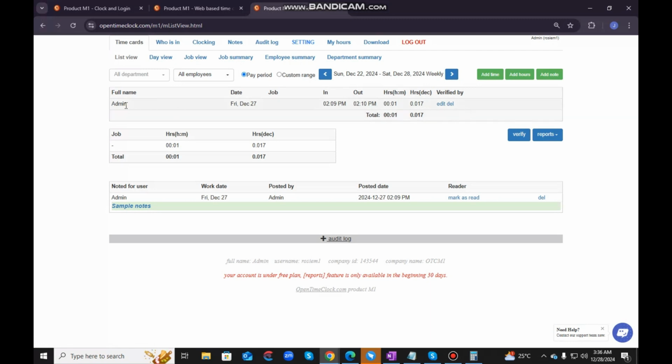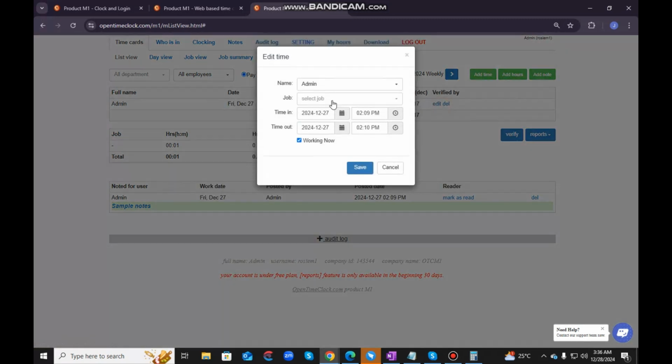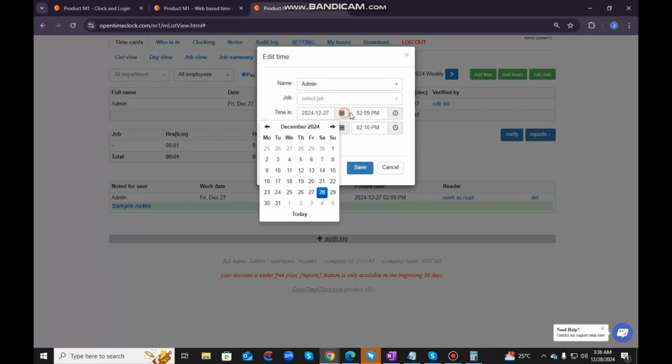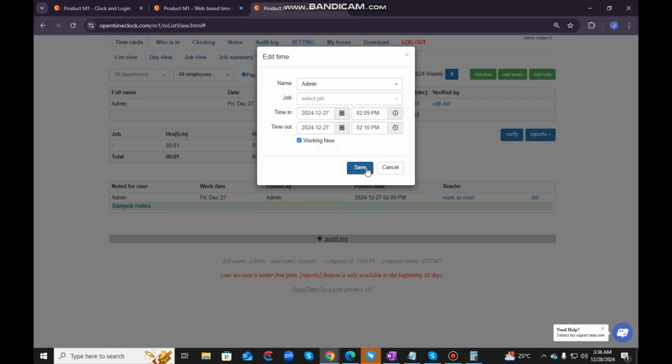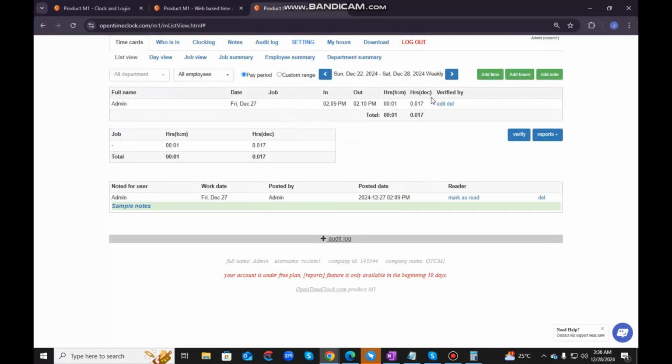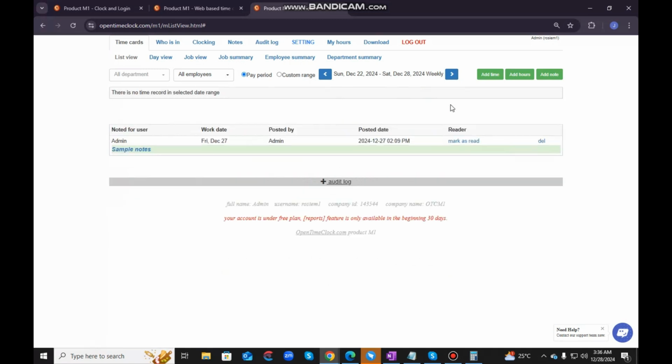So to verify your time card, you just need to click on Verify. But if you need to make changes, you can click on Edit and then correct the specific changes. Click on Save and then, if you need to delete this specific time card, you just need to click on Delete. So for example, once you clock in or clock out, as I've shown in the video a while ago, for clocking in and clocking out once an employee enters